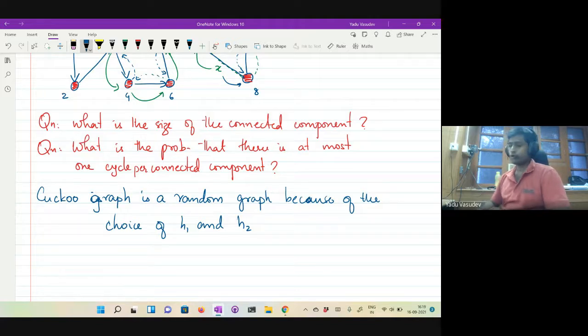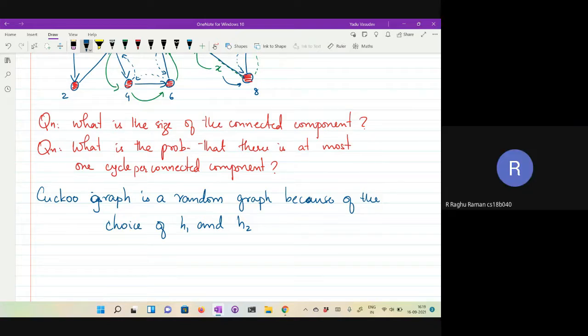So it's not that you're going to take each edge and independently put an edge there. That's not what is going to happen. So how is this graph generated? We will use such a random graph in the analysis, but this random graph currently is not being generated that way. So how is it generated? Maybe select two vertices independently uniformly at random and then connect those two vertices to form an edge. Okay.